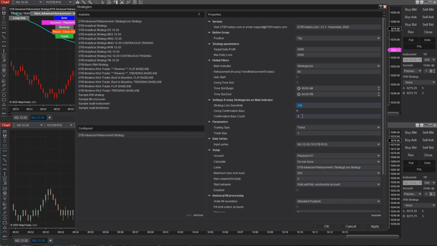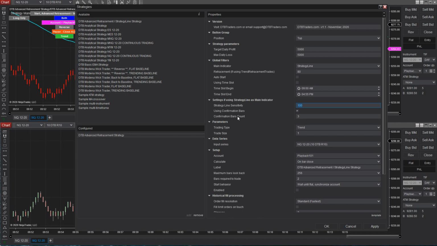Confirmation bars is 3. Now what I like to do, just so I can see which chart I've got the strategy loaded on, is put the confirmation bar count in the area where it says strategy line. So I'll show you what that does in a moment. So we're checking our settings, we've got our confirmation bars, we've got our sensitivity, we're trading trend, and we're doing